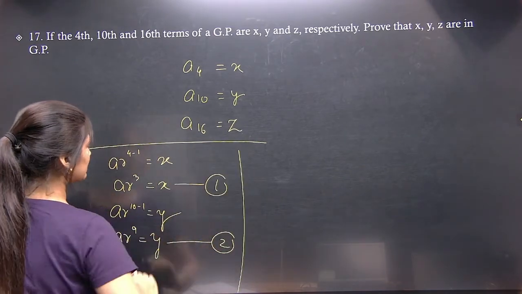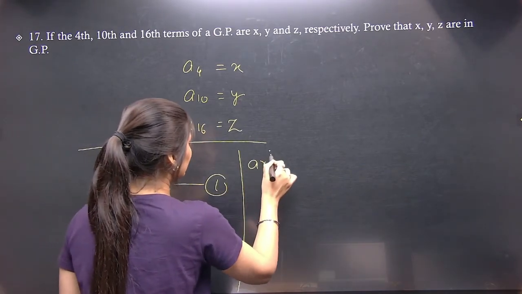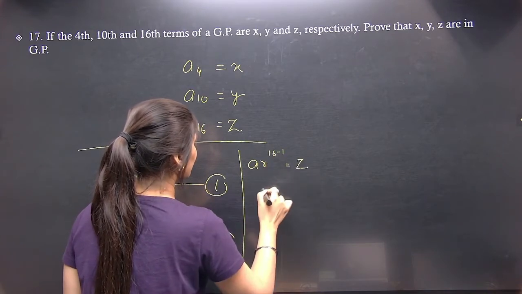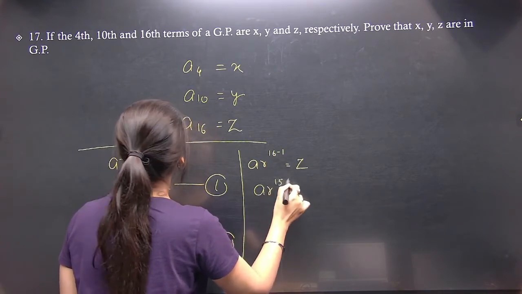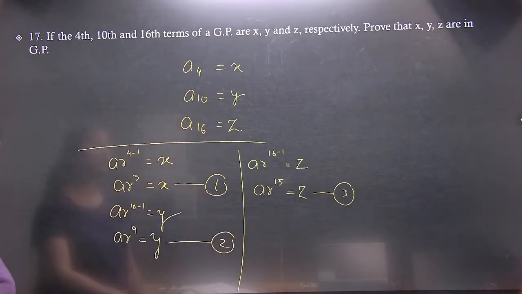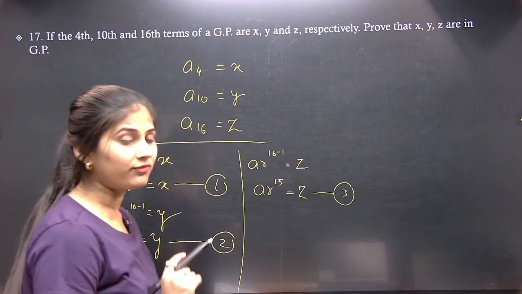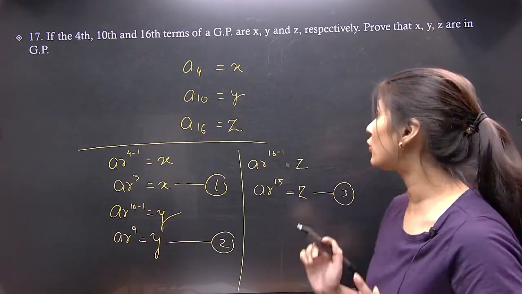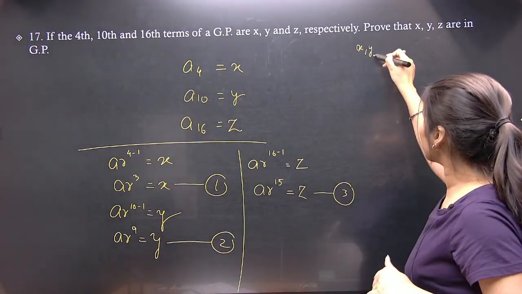Now, 16th term, AR^(16-1) is equal to Z, that is AR^15 is equal to Z. So, this is third equation. Now, you have to prove that X, Y, Z are in GP. If you need to find whether X, Y, Z are in GP or not,